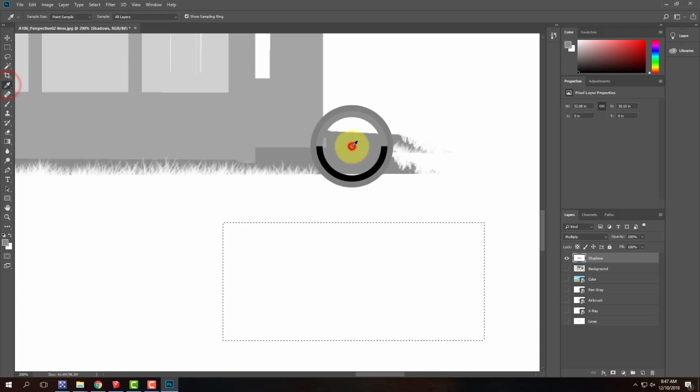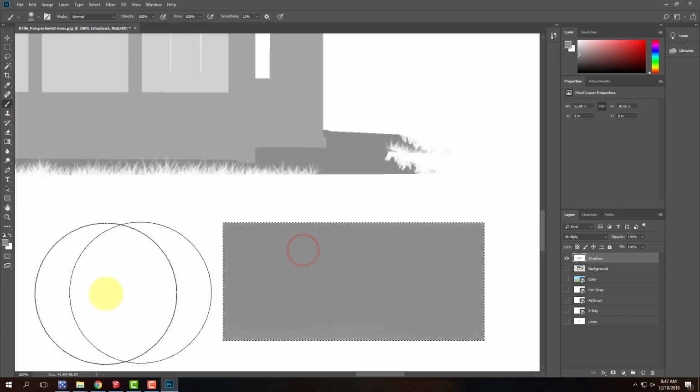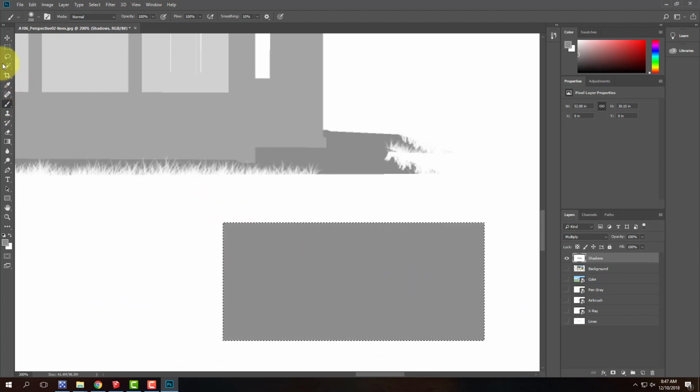I'll use the eyedropper tool to select that gray. I'll use the paintbrush tool with a much bigger brush to paint in that same gray. I will end up deleting this. I'll use the rectangular marquee tool to deselect. And then I'll come back to my clone stamp, hold down Alt in the center of this gray region, come up here, make this brush a little bit smaller, and I'll copy along the back edge of that shadow,